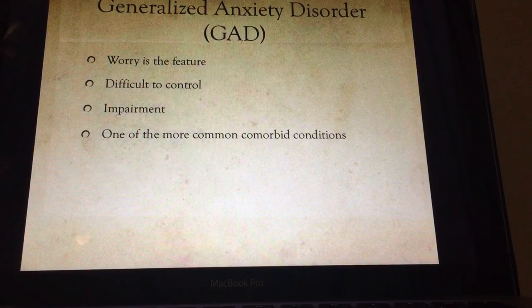With generalized anxiety disorder, worry is the feature of this disorder, and it's very difficult to control. There's huge impairment in the patient's life, and it is one of the more common comorbid conditions. With this disorder, it's just right in the name: generalized anxiety disorder. It's just very general and broad across multiple subjects. The next disorder,